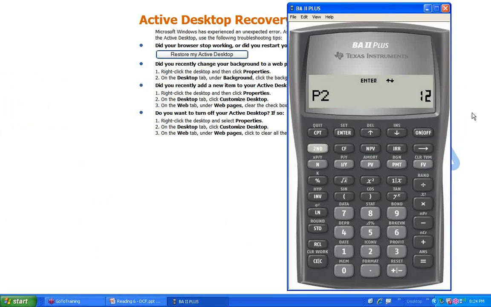Once again, the question was about the principal amount paid in the 10th month. So let's say we want to find out how much interest and principal was paid in the 10th month. So P1 is 10, P2 will also be 10. Go down. It says that the balance remaining after 10 months is 97,266. That is what you still have to pay. The principal that you have paid is 282.